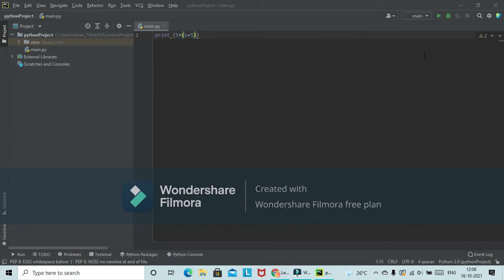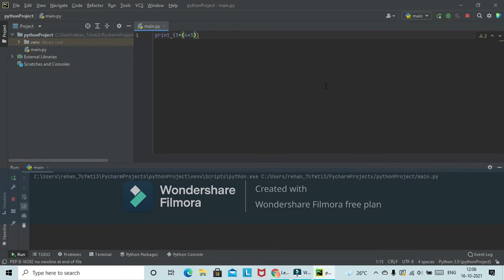Let me run this program and show you the answer. As you can see, we are getting 45. So by using parentheses we can make a lot of complex equations, and you can also use multiplication, division, addition and others to make it even more complex.